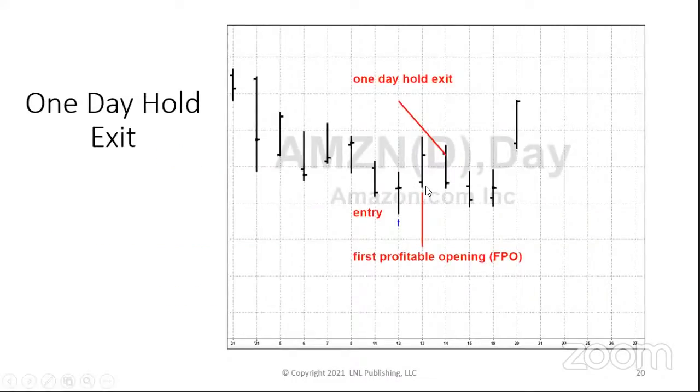Now, here's an example. Here's our entry day. We had a profitable opening here, bought here, right? Opened up the next day with a profit. No, we got out over here. If your strategy said to hold for 4 days before you get a profitable opening, 1, 2, 3, oh, we get out over here. So again, because there's strong seasonal influences in the market, I believe.